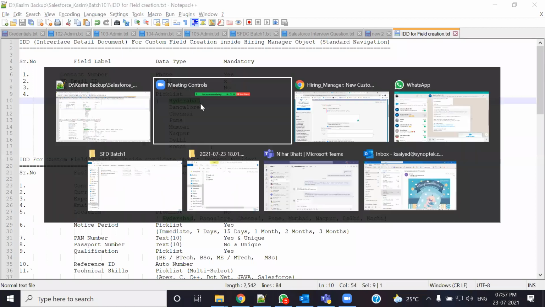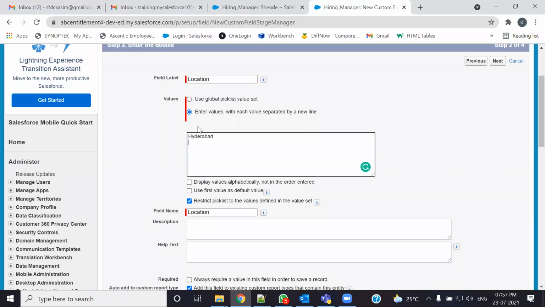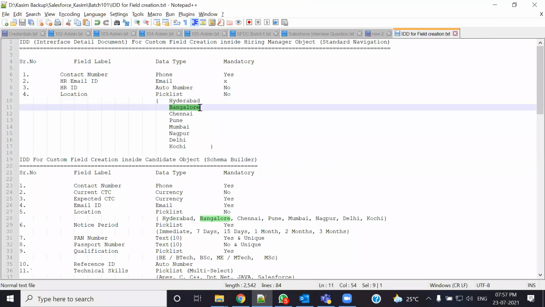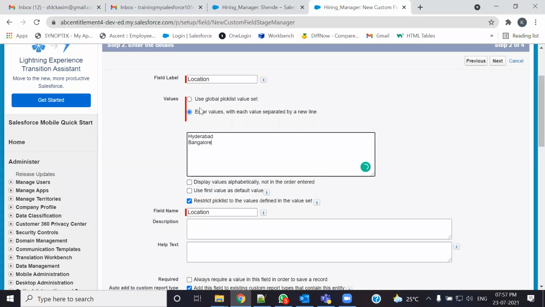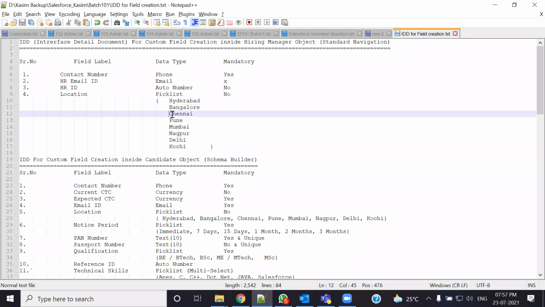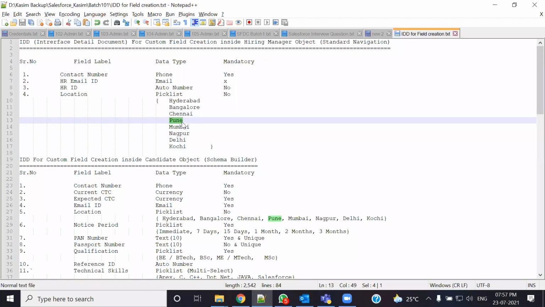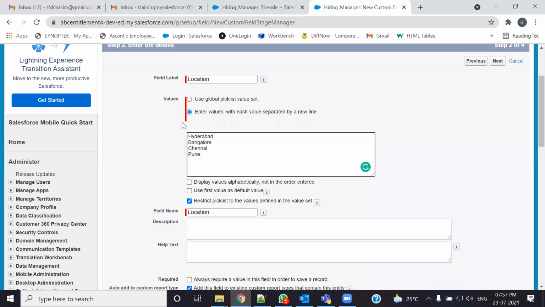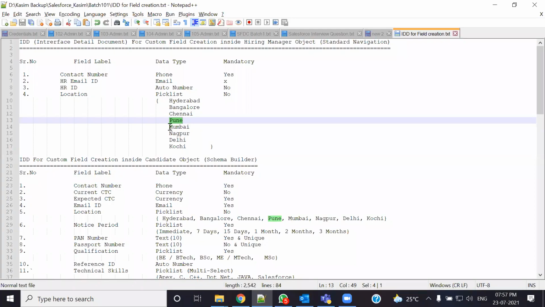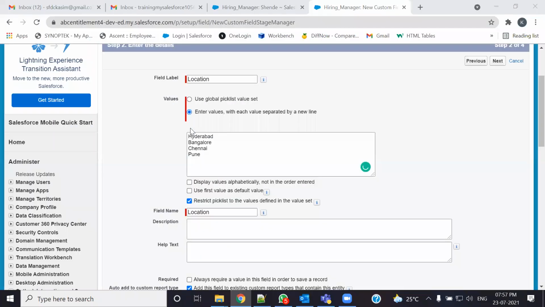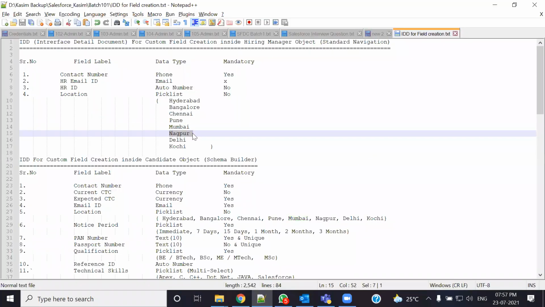So I'm copying individual values from here. Let me have Hyderabad, press enter, go to the next line. Let's copy this Bangalore and then press enter for the new line. Let's copy this Chennai and copy paste. Let's go to the next line and then copy this Pune and then press enter. Go to the next line and then copy and paste Mumbai and then Nagpur